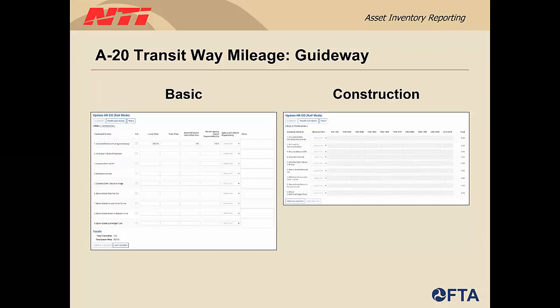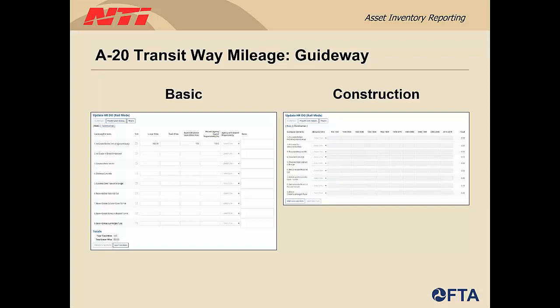Here are some screenshots of the guideway section. There are 9 total guideway elements, which cover the type of guideway your rail is on. There are several types broken down by at-grade, elevated, and below-grade guideway. In the NTD policy manual, you can find examples of each of the 9 types of guideway elements. If a particular guideway element does not apply to your agency's mode, you can select the NA checkbox, which indicates that you do not have any data to report for that particular element.